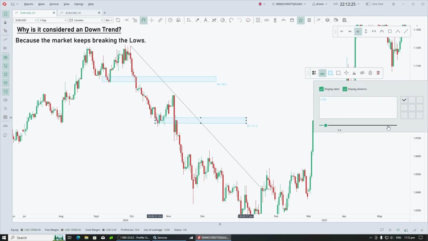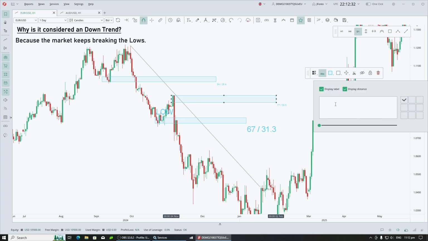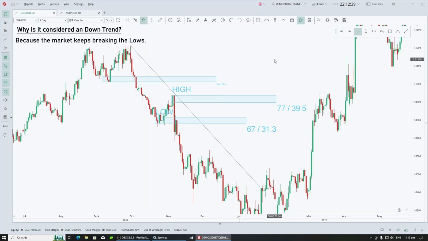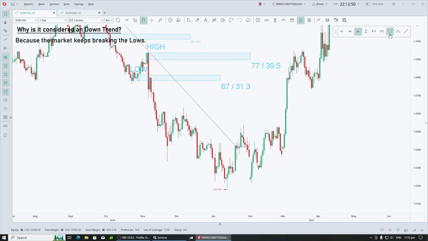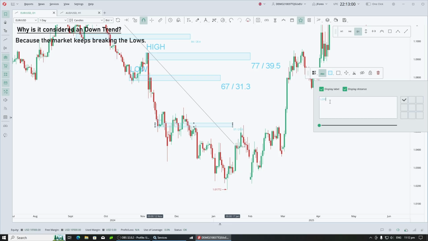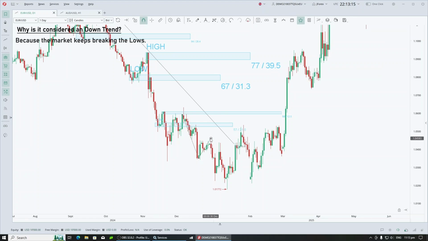We'll just call that a low, and this is considered a high. That is for the downtrend. And once the price keeps breaking the lows, heading to the downside, that means we are in a downtrend. So this is a low. This is also considered a high. We broke that to the downside, and you can see low, high, low, high, low,